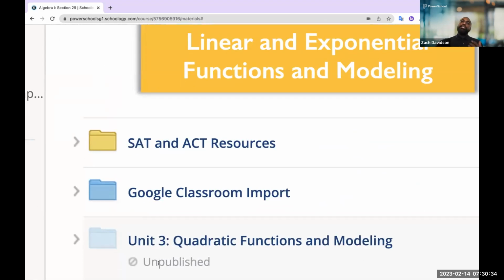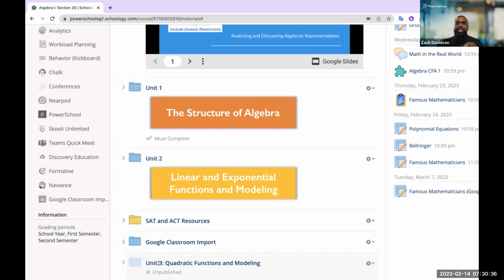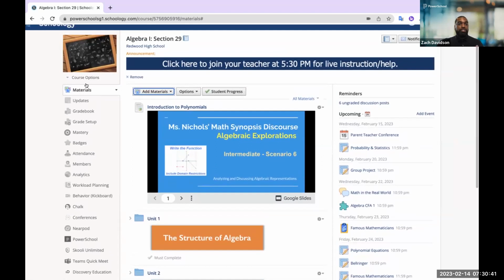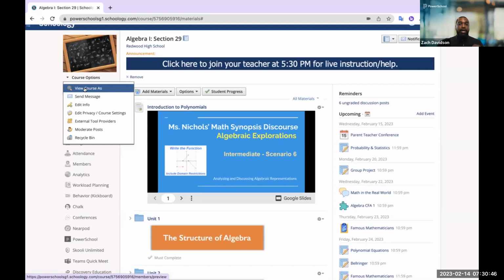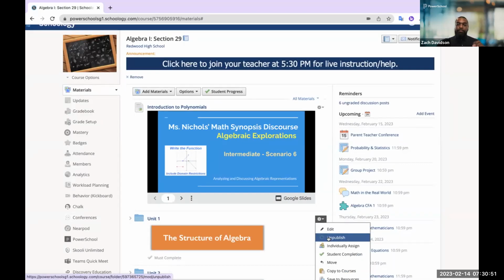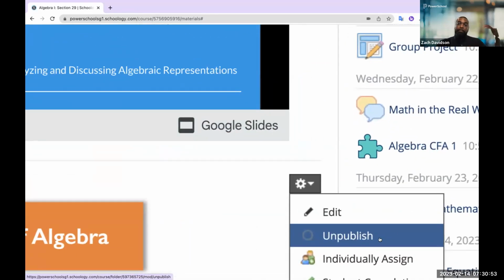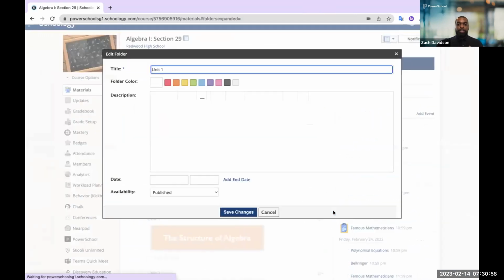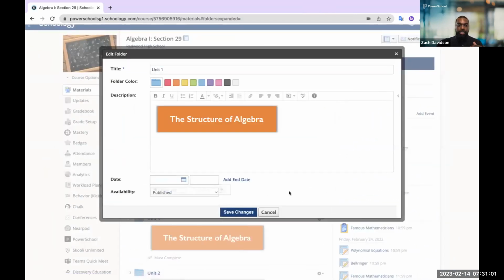students. And so in this example, we can think about teachers building their assignments and their activities for students for next week or next semester, next year, what have you, in the course. But what you'll notice here is that for any sort of course material, I have the ability to unpublish that content or publish it manually, or we can schedule the publishing to be pushed out after a particular start date as seen here. So for that Unit 3 folder, we can unpublish it and then publish it once we're ready, or schedule it